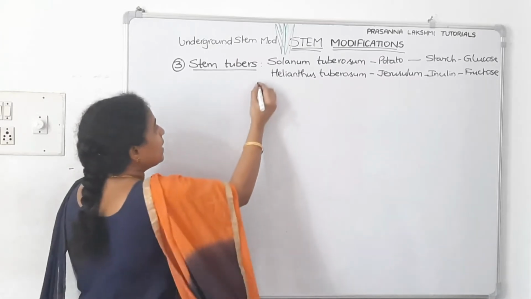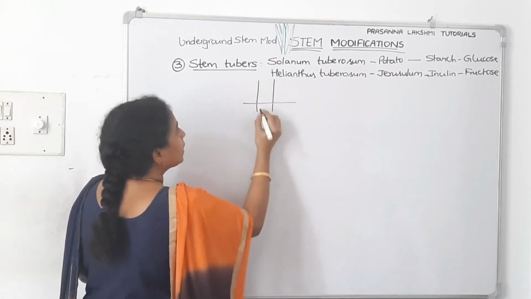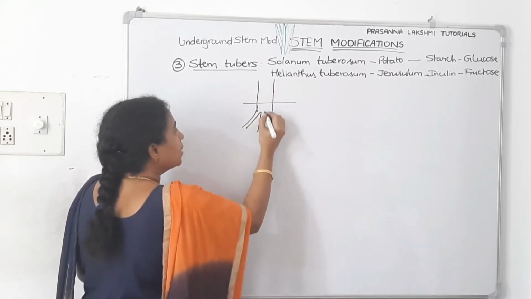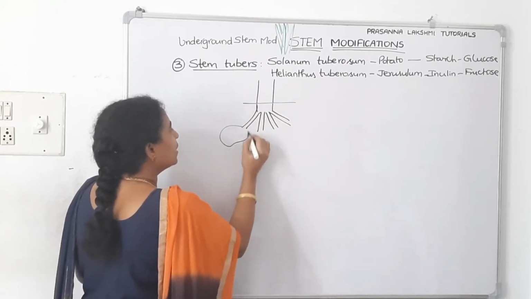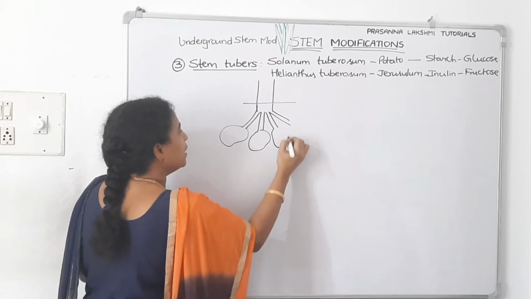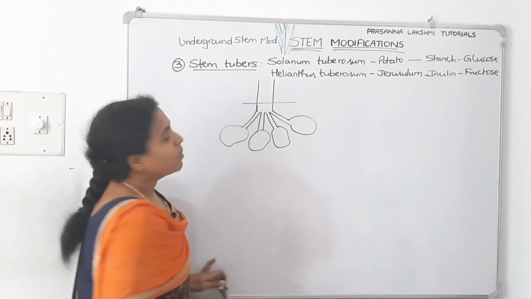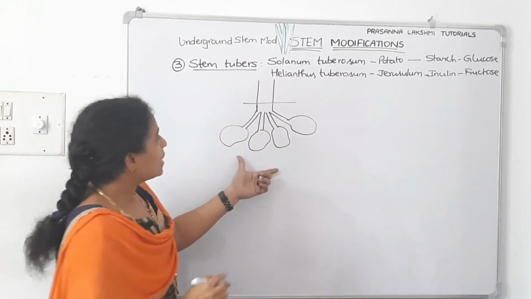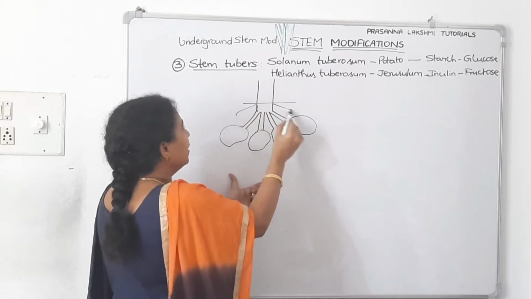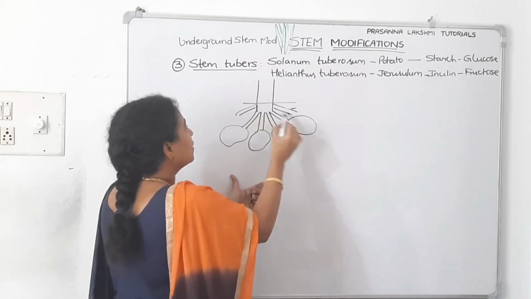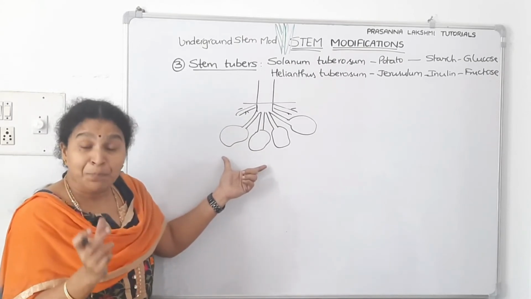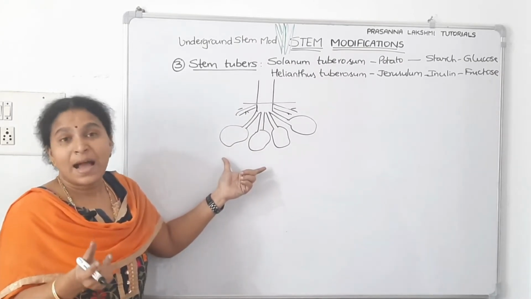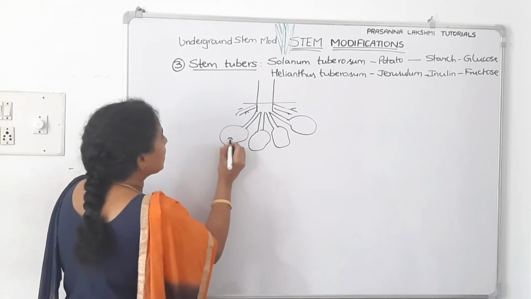Now, if you see the potato stem, underground stem, not the complete underground stem, only the tips of the stems will be tuberous. Tuber means irregular shape. So only these are, and it has very weak roots. So these are the weak roots what it is having. The underground stem, the tip of the stem will swell and stores the food material.